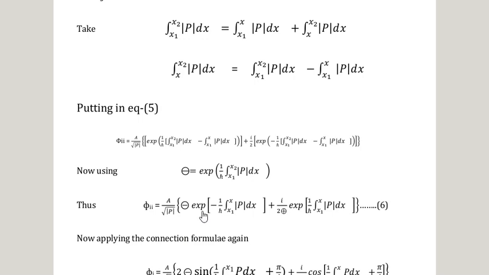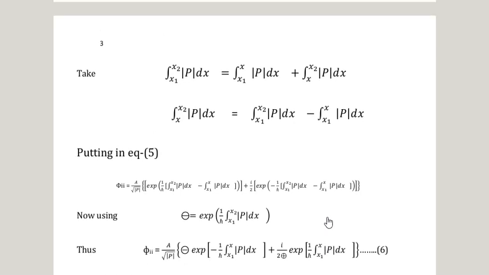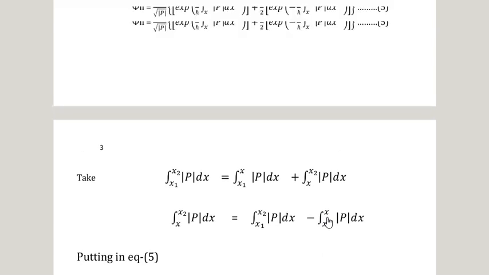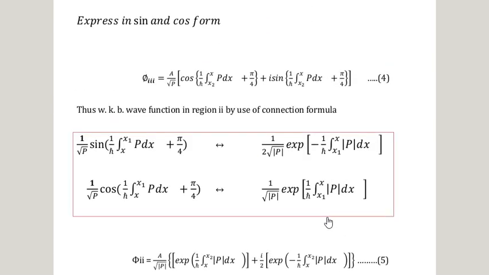Because the second region is non-classical, the wave function is exponential, and this will convert in the first region, which is a classical region where the wave function is oscillatory. So again use the connection formula as given in this bracket, and you will get